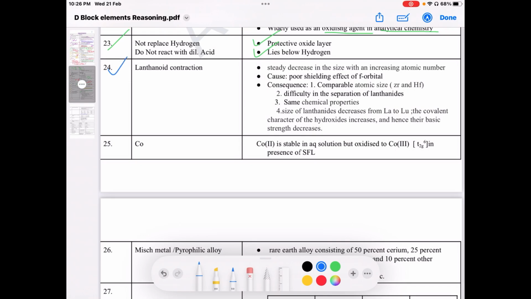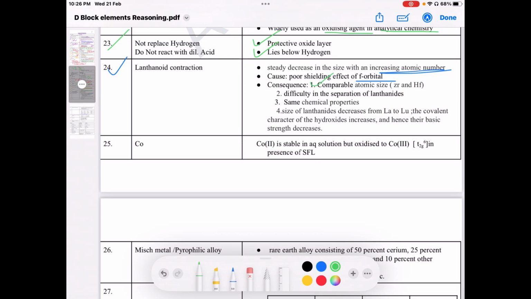Then what is lanthanide contraction, its consequences and its cause? Lanthanide contraction is basically a steady decrease in size with increase of atomic number. The cause of lanthanide contraction is the poorest shielding effect of f orbitals. And the consequences here are